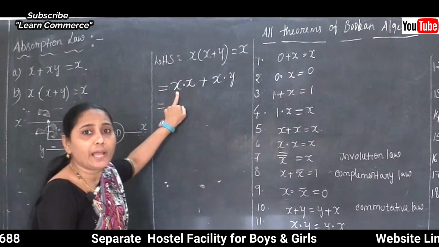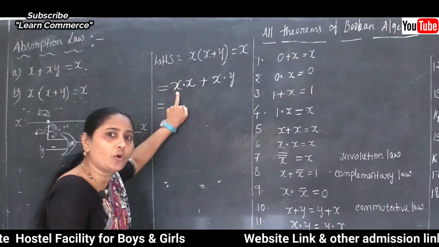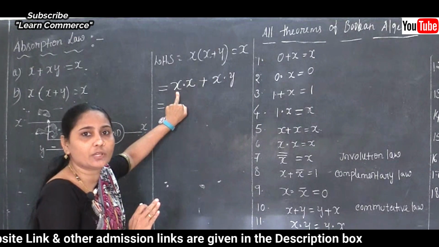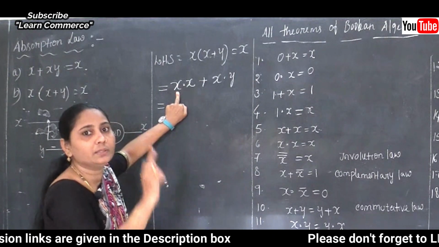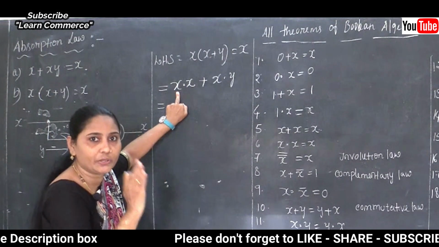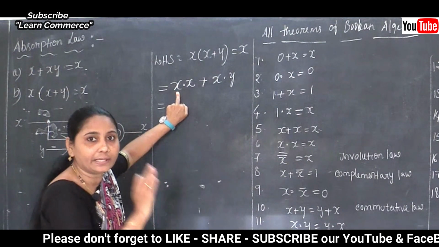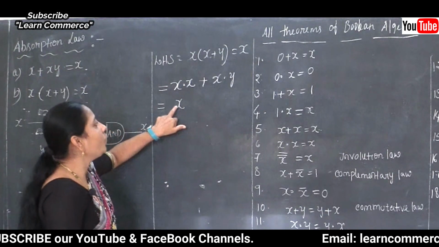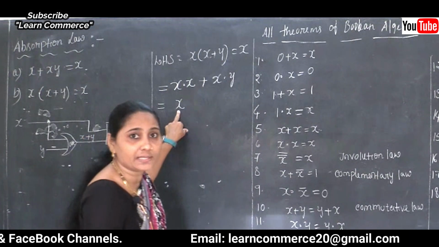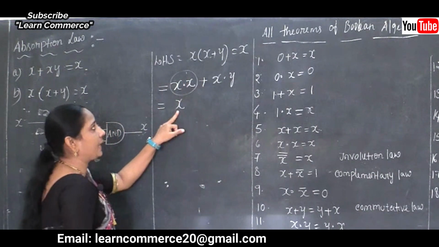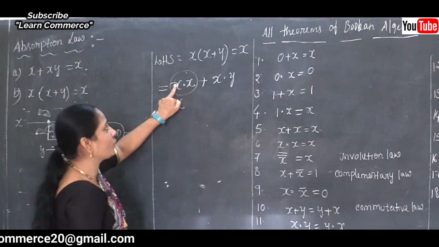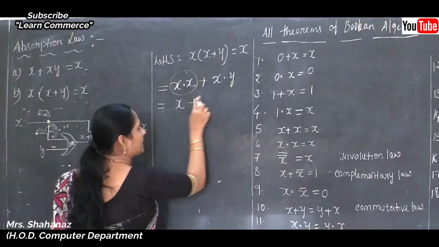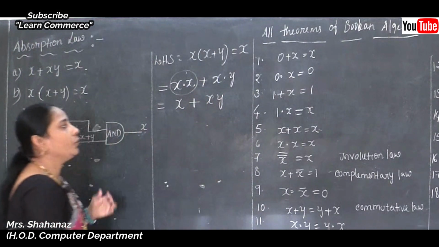We know that if the x value is equal to 0, 0 and 0, when you multiply, the result is 0, or maybe x value is equal to 1, 1 and 1, the result is 1. So whatever value we use for x, such value we will get as the result. So I am going to use the value x, just by multiplying x and x, okay, x and x is equal to 0 and 0, the value is 0. Then next one plus as it is, and xy we need to complete, no changes here.